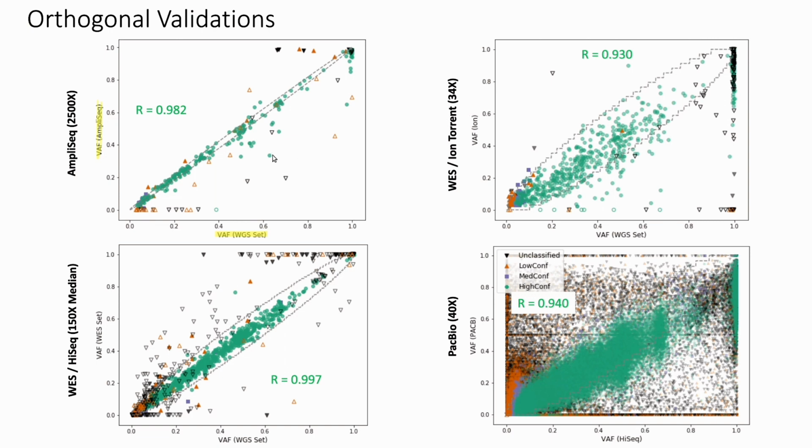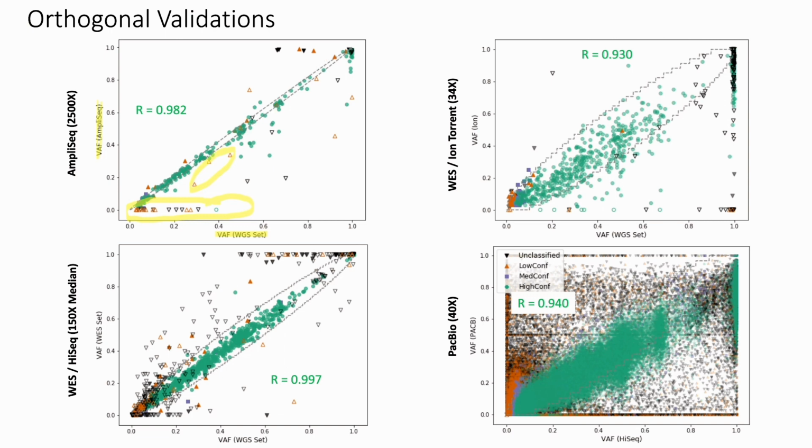Solid circle means that the calls are validated following a set of validation rules. The validation rules state that there is clear variant signal in the tumor and no variant signal in the normal. The open circles are for variant calls that were not validated, which means there was either no variant read despite high coverage, or there was germline signal in the matched normal. Almost all of the green data points, those are the high conf calls, are within the 95% confidence interval